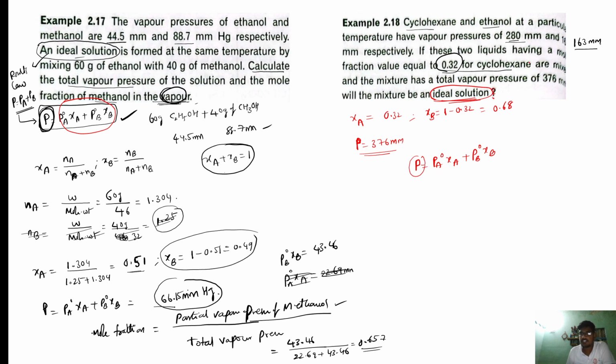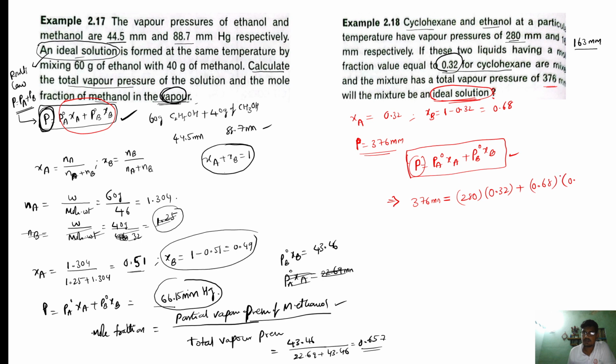See, if these two liquids, having a mole fraction value of 0.32 for cyclohexane, are mixed and the mixture has the total vapor pressure 376, will the mixture be an ideal solution or not? So what would be the case? If it is an ideal solution, then it should satisfy this particular formula. That means total vapor pressure they have given, 376 mmHg, should be equal to, what is the partial vapor pressure of component A? It is 280 into 0.32 plus 0.68 into